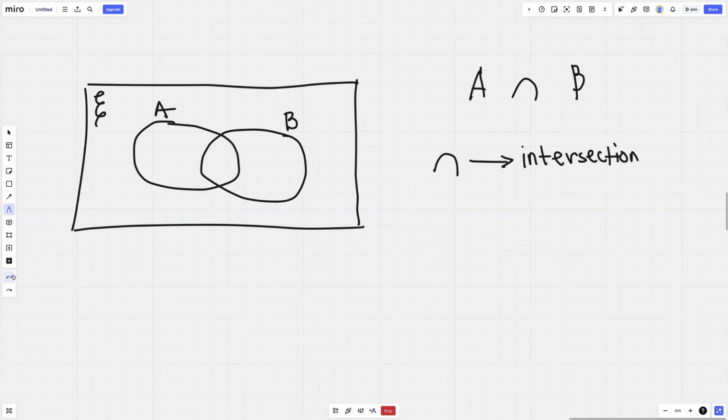And then, let's say if they ask the union, because there's a common term like union also, let's say A union B. The union will be shown with this sign, like the smaller U. Yes, let's say this is union. So if they ask you A union B, this sign will show us all of the values